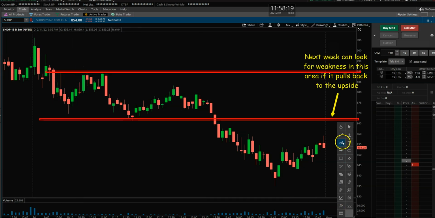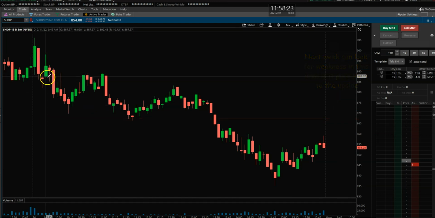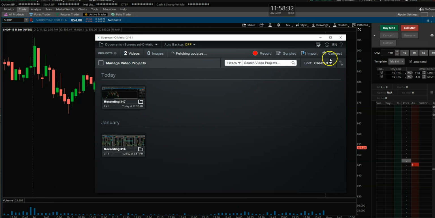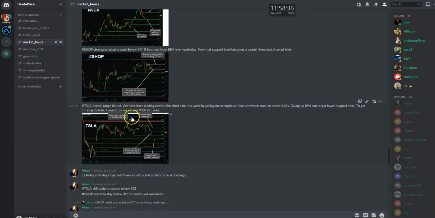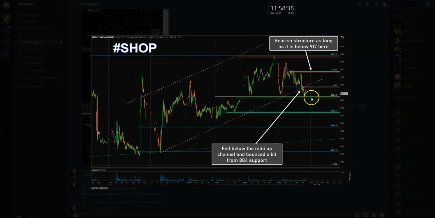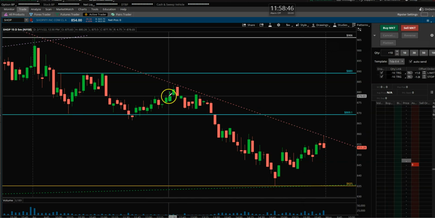So for example, if you were trying to trade Shop yesterday, right? So this was the breakdown, the initial morning breakdown, right? I don't have the levels. Let's see the levels from yesterday. Where are they? Okay, so 884, 897. Okay, so now let's go to 897. So these are not for next week, let's say.